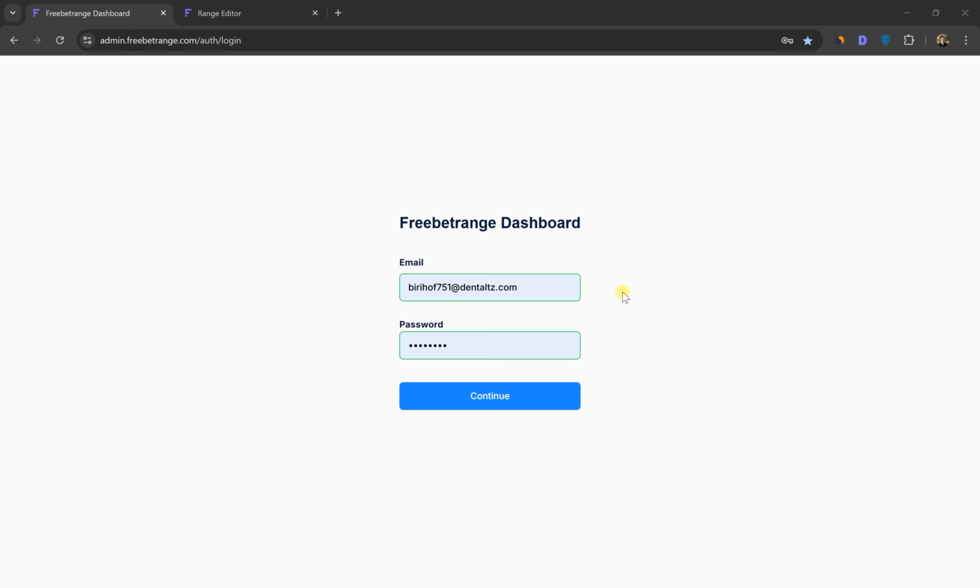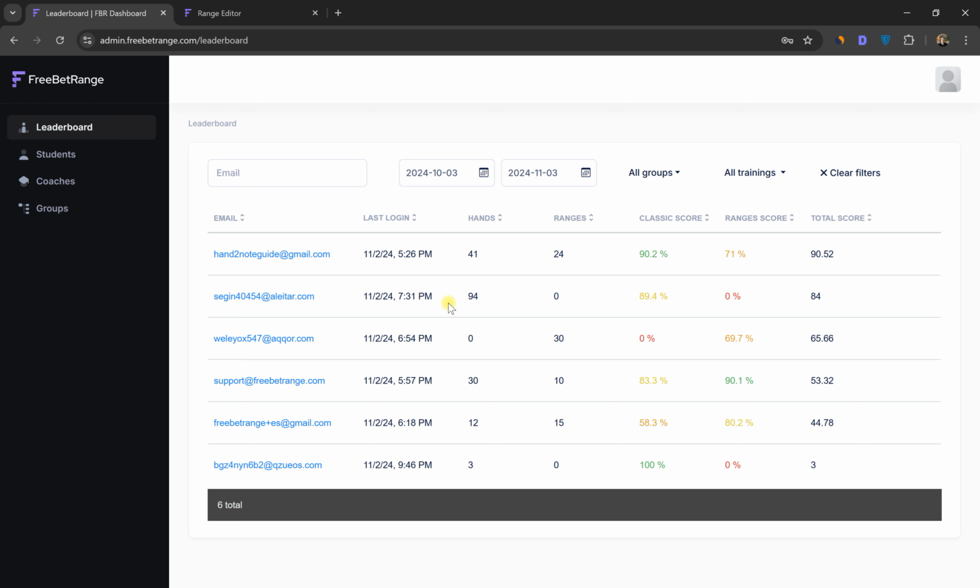Hey guys, I'm going to show you how to use a Freebetrange Dashboard to fully organize Preflop in your school, to manage licenses of your students and to track their activity and training progress. So first you sign in to the Dashboard with your school manager account, and the first screen you end up on is